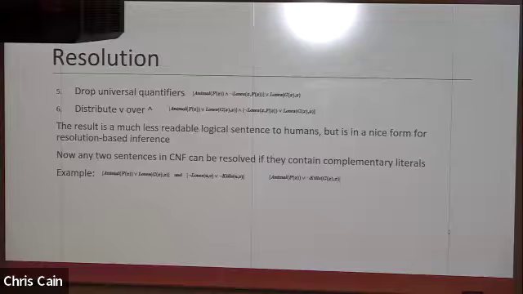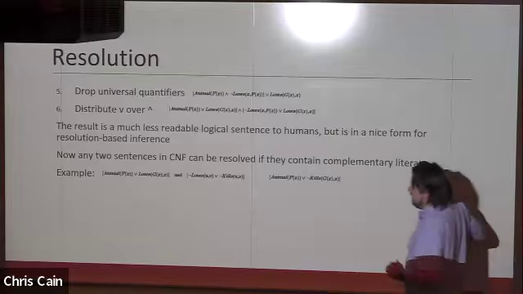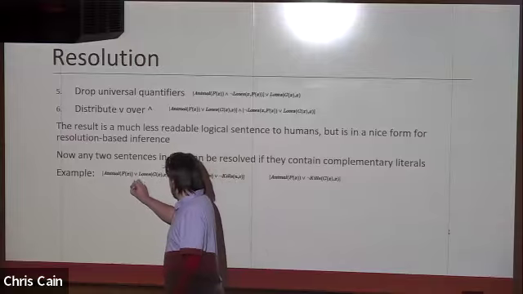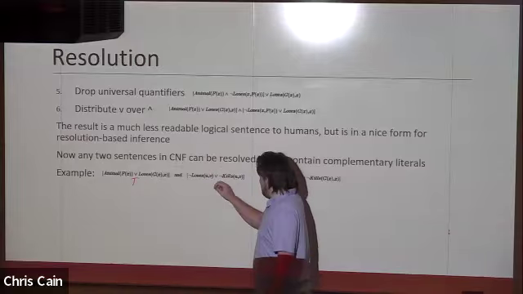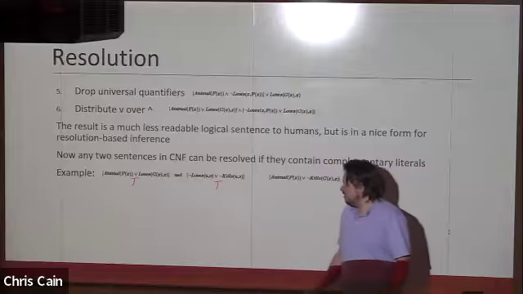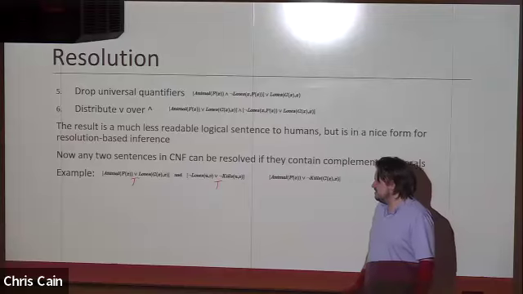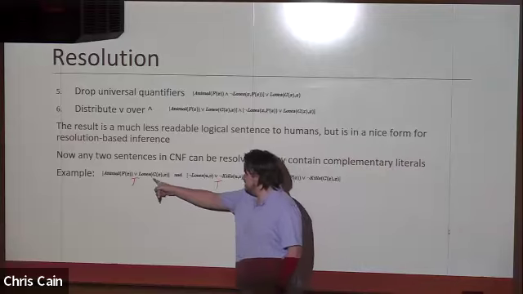And it boils down to a simple proof by contradiction. We end up being able to say something like, if we know these two statements, so the entirety of this left-hand side is true, and the entirety of this right-hand side is true, what resolution allows us to do is see these two statements,